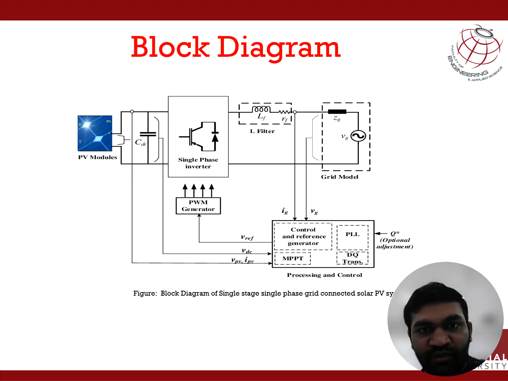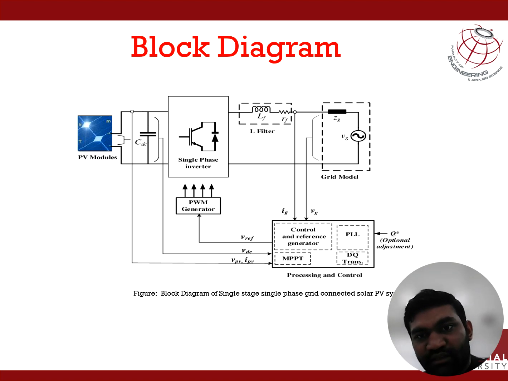to another form. Then the single phase inverter is connected with the L filter, where the filter is connected with the grid model. So this is all interlinked with each other, and the pulse width modulation generator is directly connected to the single phase inverter. You can mention here the control and reference generator, PLL, MPPT, maximum power point tracking, DQ